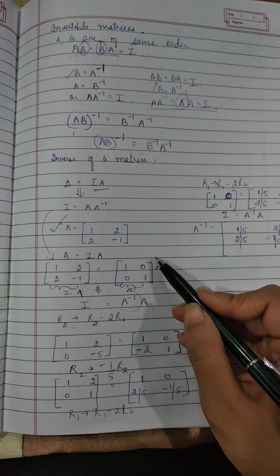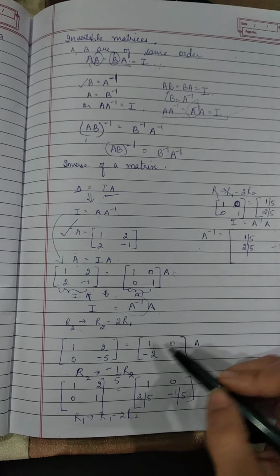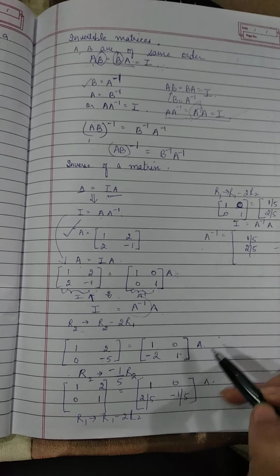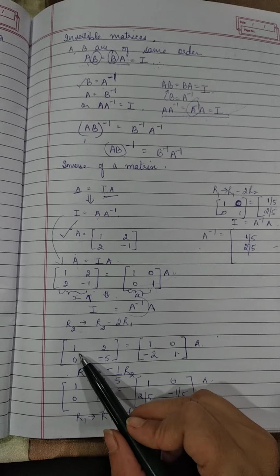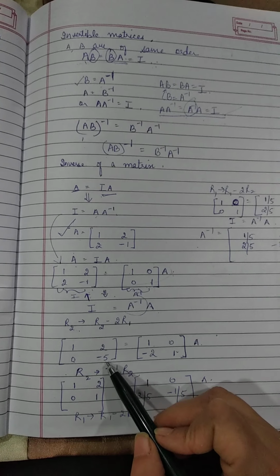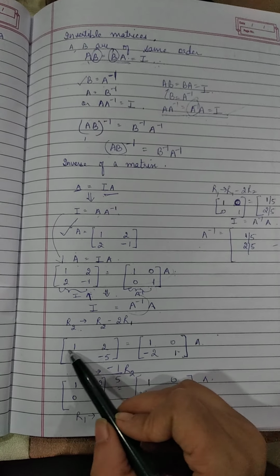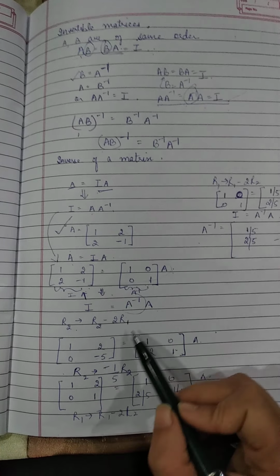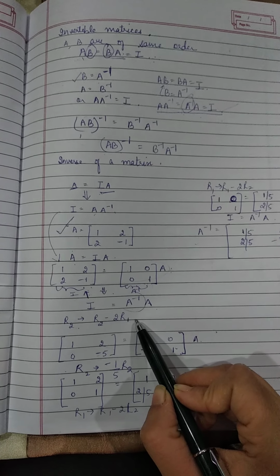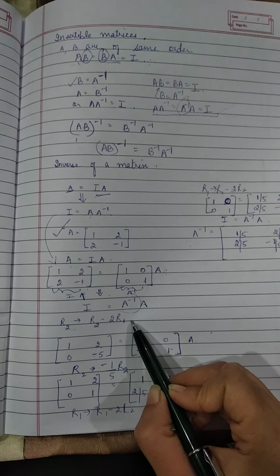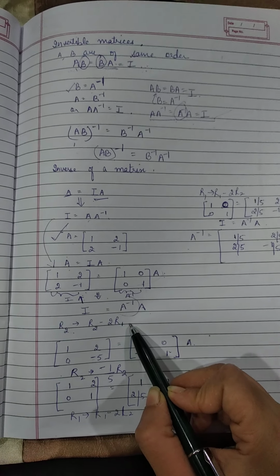Likewise, I'll be applying the same transformation over here. So I get this as the result. Again, remember, if I compare it with the identity matrix, this should be 0 and this should be 1. I can make this as 1 if I multiply all the elements of row 2. Remember, no column transformation will be applied here, the reason being we have already started first with the row transformation.